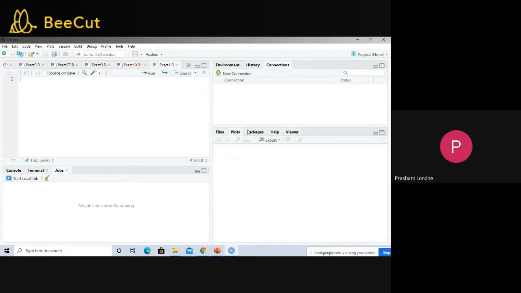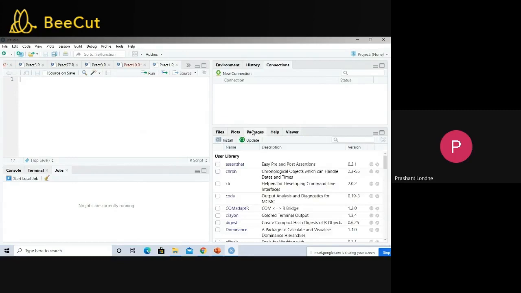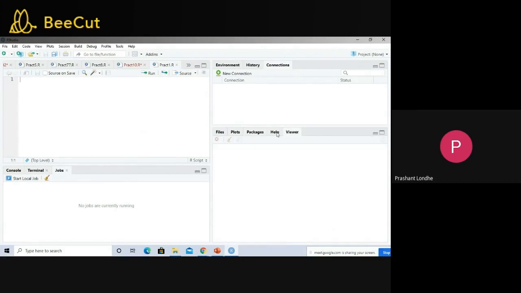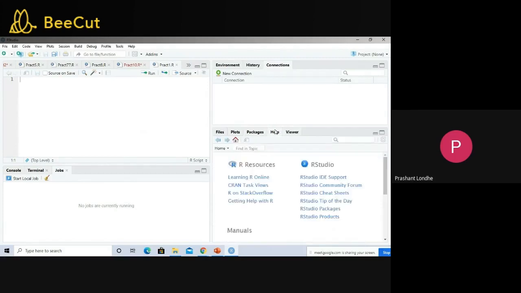These are the plots. These are the packages that are installed previously. You can install new packages also. This is the viewer, you will get the graphical output over here, and this is your help file. Whatever you want help with, you can acquire this through the help file. So this is all about the RStudio environment. Any query regarding RStudio environment?